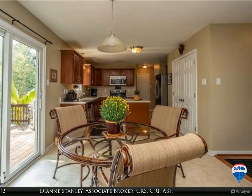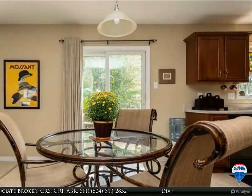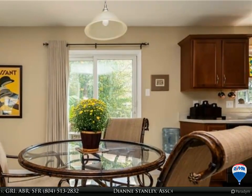Located near schools, shopping, and easy access to interstates, this home is the perfect location between Richmond and the Norfolk/Va Beach areas,